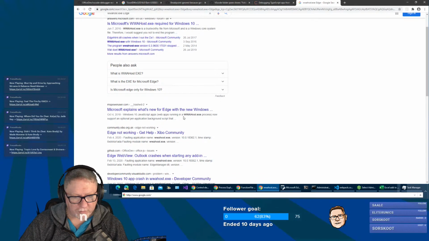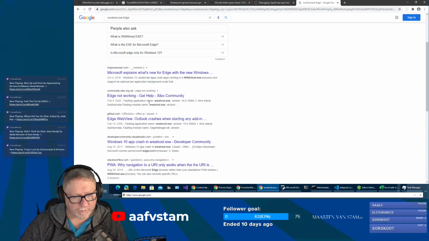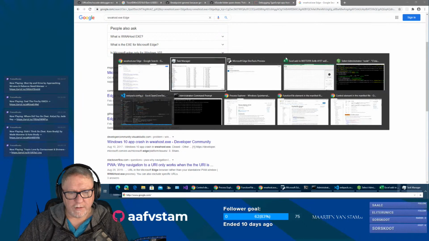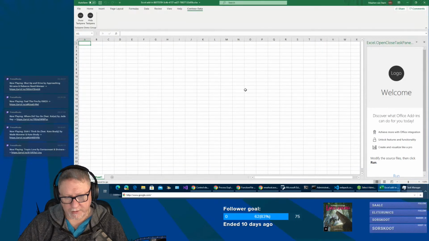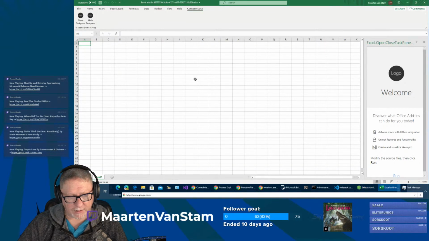JavaScript apps, web apps running in the host process, now support an optional per-application background script. It's the web view from Edge web view. Where were we? We had running this one. We open the task pane and